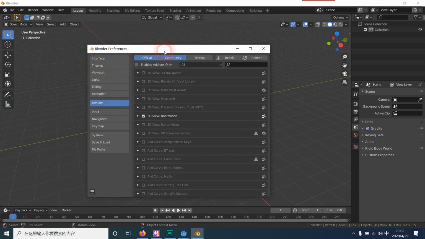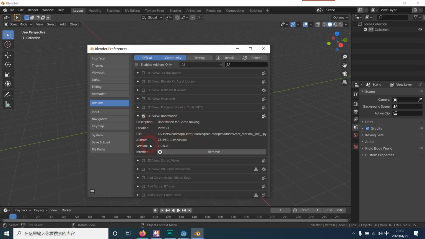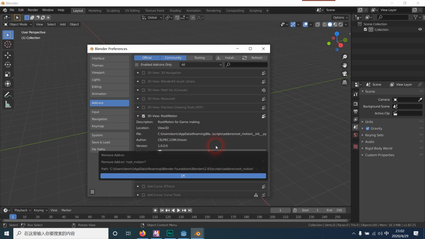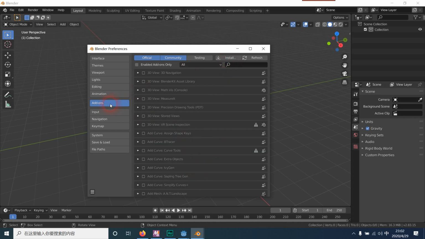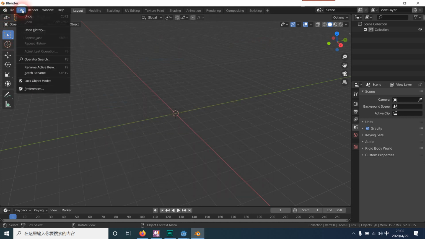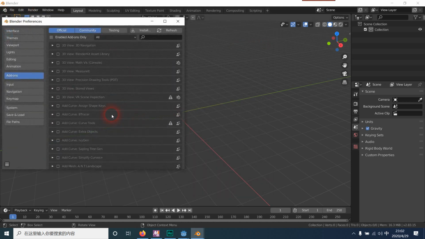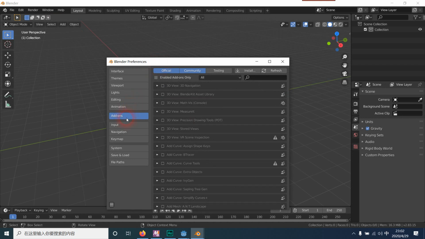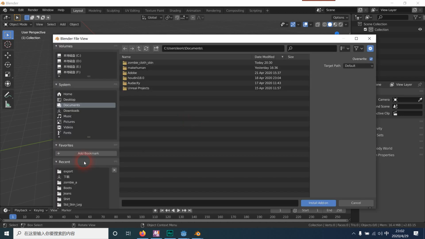So first, we need to install this add-on. I have installed it. Now I will remove it and show you how to install. You should go to the editor preferences, check the add-ons and click the install button. Then go to your downloaded files. So this file I downloaded at